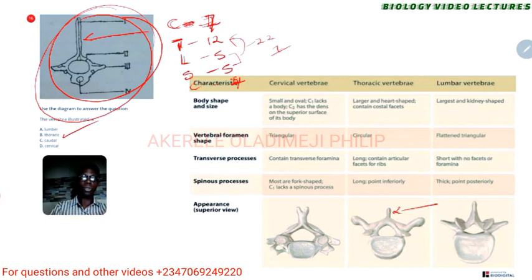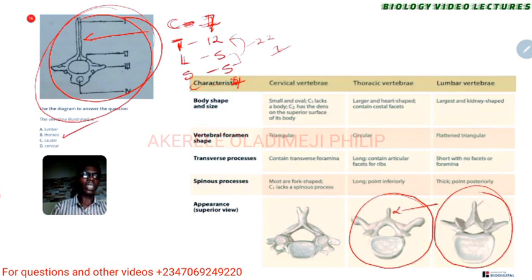So that's the reason why we picked option B. But what you are seeing here, you probably feel like the lumbar is the one that has... no, it's because of the way it was positioned, really. All right, bear that in mind. Can you even see what I've said here? The spinal process, it says long, pointing inferiorly. Because it pointed inferior, that's why we didn't see how long it is.